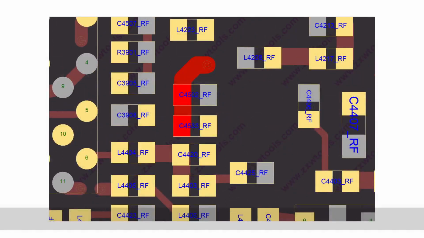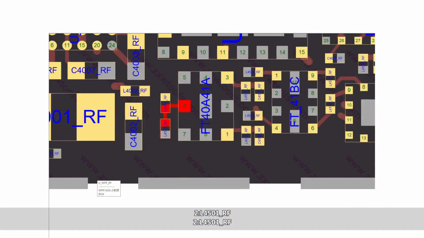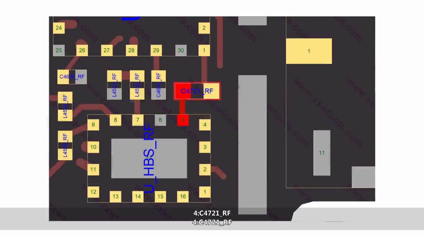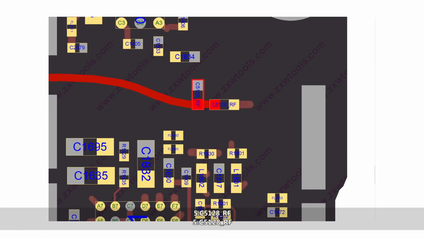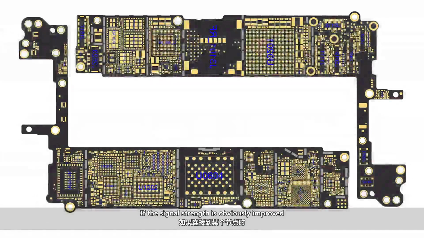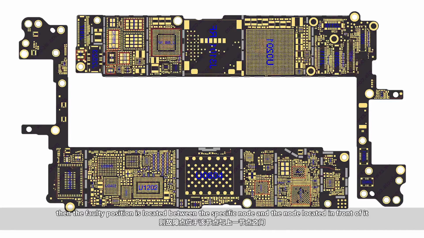Transmit passage. 1. C4502RF. 2. L4501RF. 3. L4507RF. 4. C4721RF. 5. C5128RF. If the signal strength is obviously improved with one specific node connected, then the fault position is